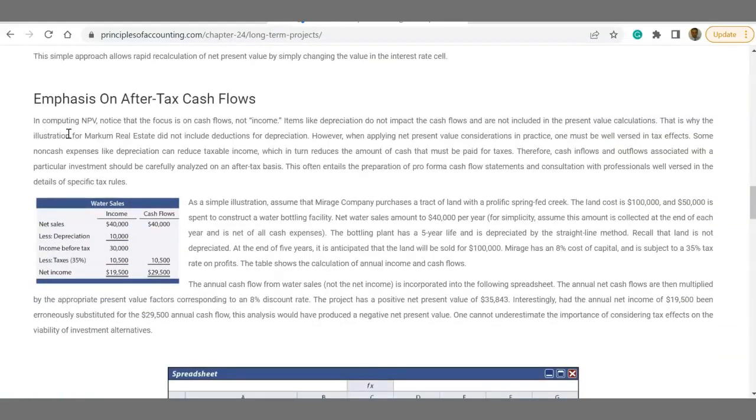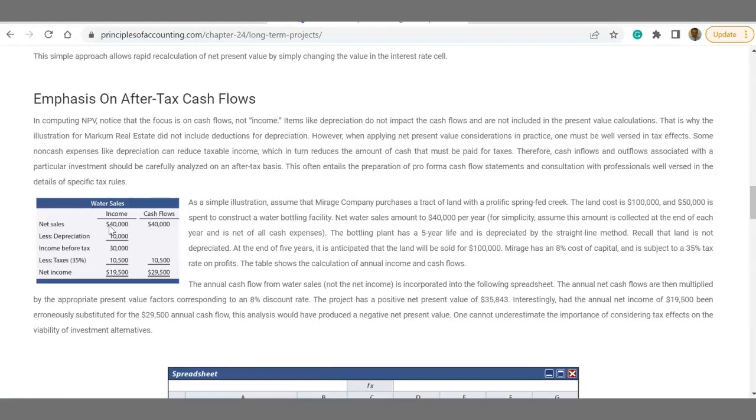That is why the illustration for Markham Real Estate did not include deductions for depreciation. However, when applying net present value consideration in practice, one must be well versed in tax effects. Some non-cash expenses like depreciation can reduce taxable income, which in turn reduces the amount of cash that must be paid for taxes. Therefore, cash inflows and outflows associated with particular investments should be carefully analyzed on an after-tax basis. This often entails the preparation of pro forma cash flow statements and consultation with professionals well versed in the details